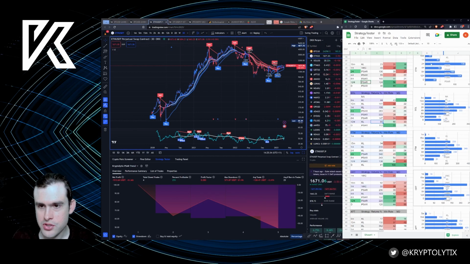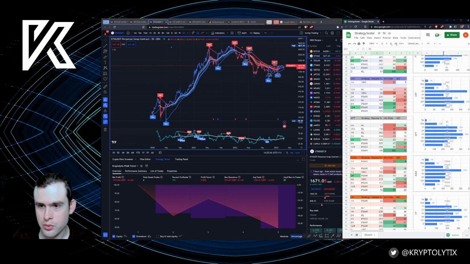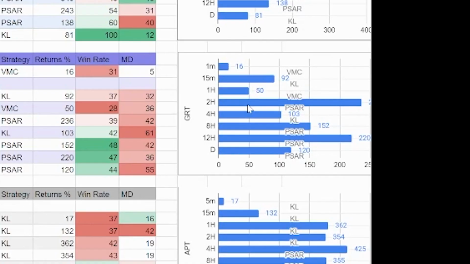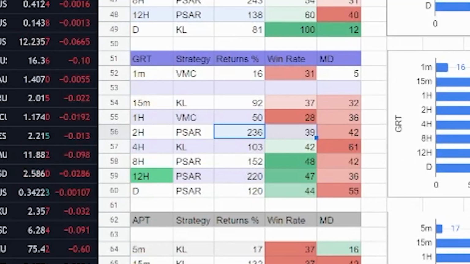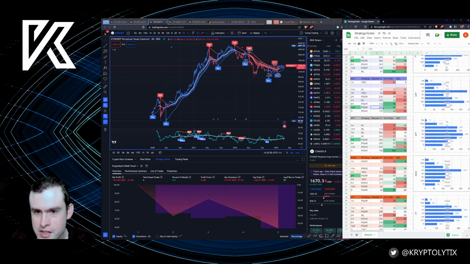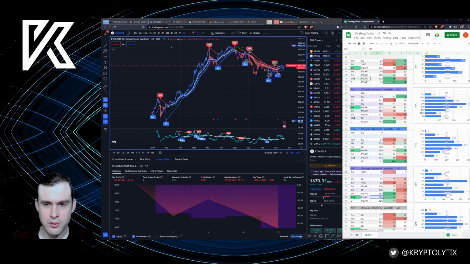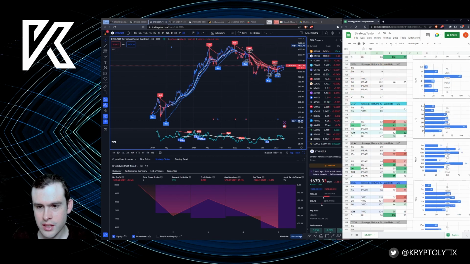But yeah, this table's just quite nice to quickly look and see, ooh, what's this? This jumps out. This is the graph 2 hour. But then you have a look. Even though this is the one with the most, I've gone for this one because it's got a higher win rate and it's still about the same amount of profit. So anyway, let's just keep going with this. That's what this spreadsheet is.